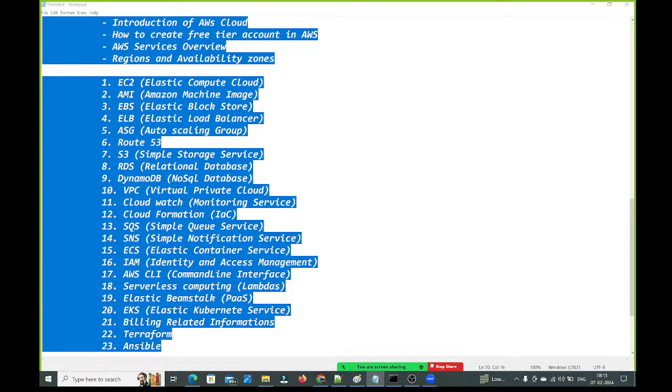Yes, you guys will get very beautiful notes also for each and every service. Don't worry. You guys will get complete hands-on experience on each and every service. Everything I will take care. I need your attention, that's it. Remaining everything I will take care, guys. You are not required to prepare any running notes.